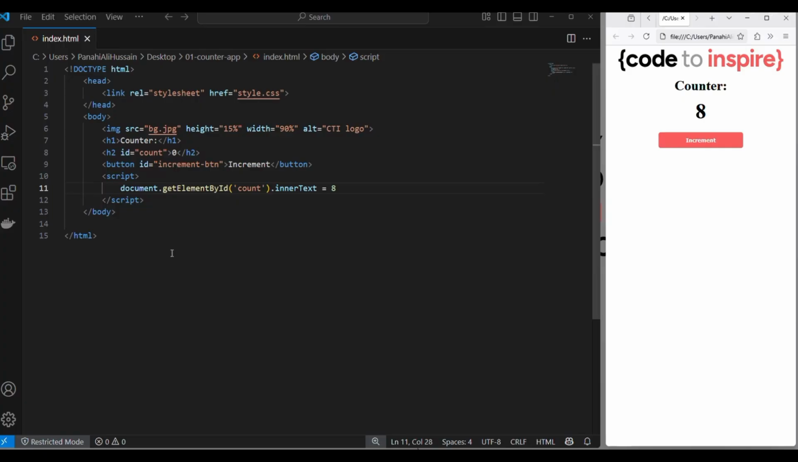Actually, we modified an element of the HTML by just running this simple line of JavaScript code, and it's the ability of JavaScript that gives us the ability to modify the HTML elements the way that we want. Okay, but